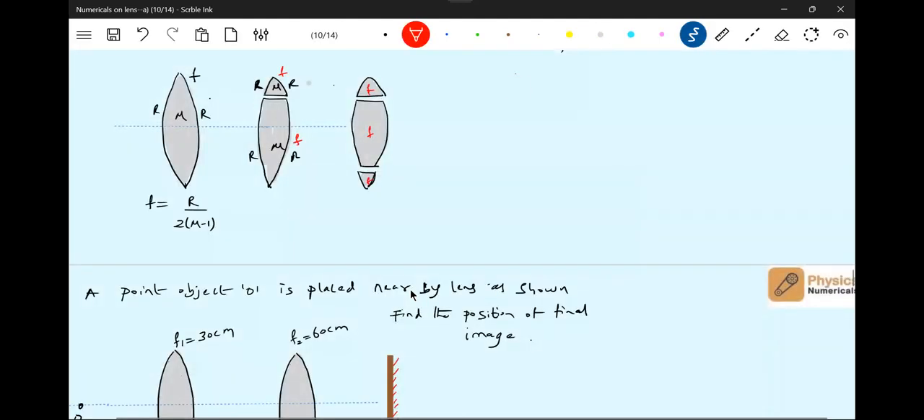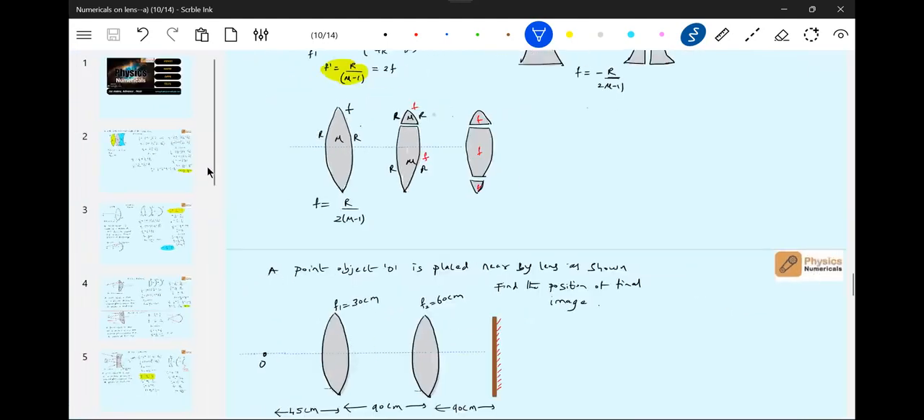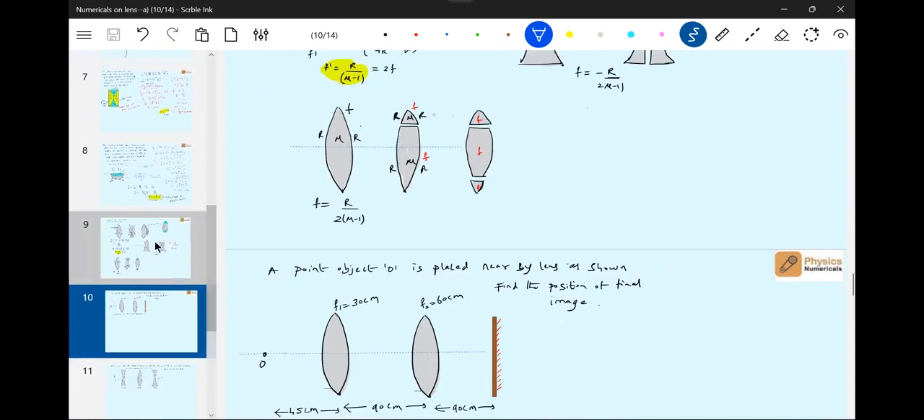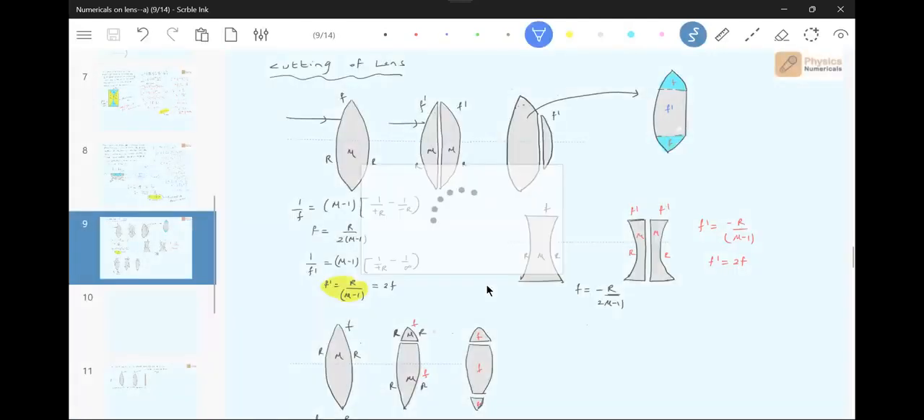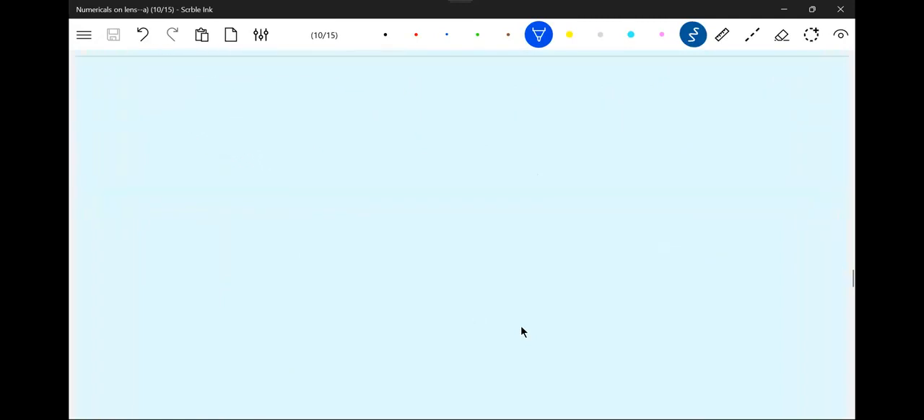Now, if a lens is made up of different materials, we will discuss it on the next page. Next, we have if the